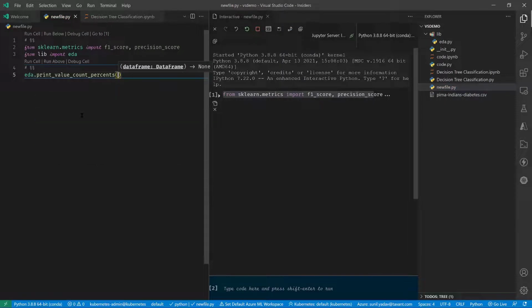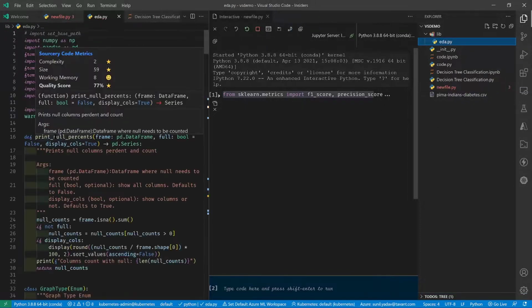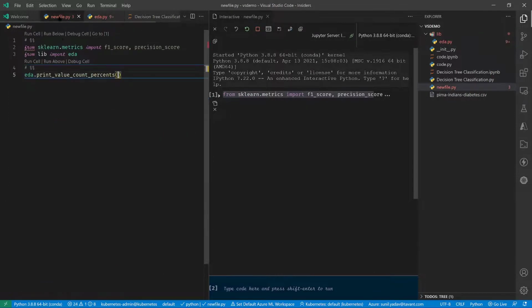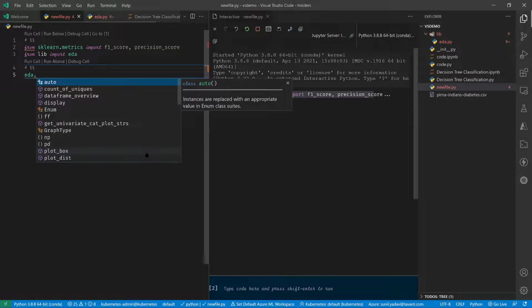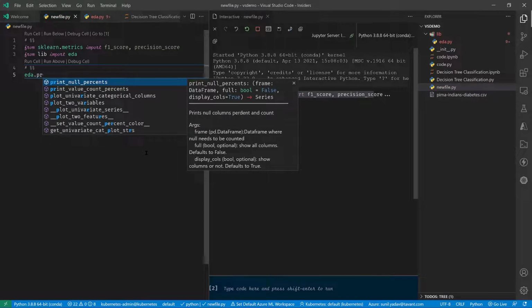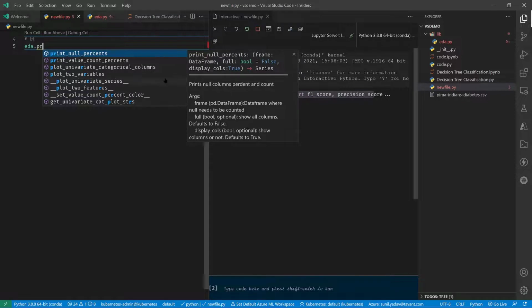Not only simple IntelliSense, but full-blown IntelliSense if your code is commented properly. Let me go here and type EDA dot print null percentage. You just type PR and you get all these details: what type you need to pass, what the parameters the function needs are, and what the return type is, depending on how the code is written.